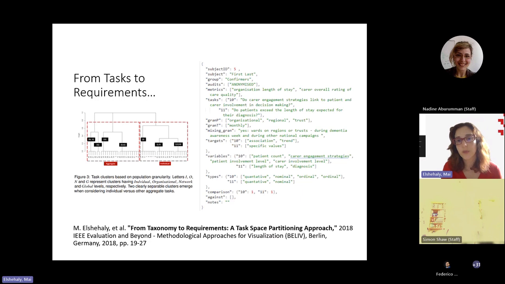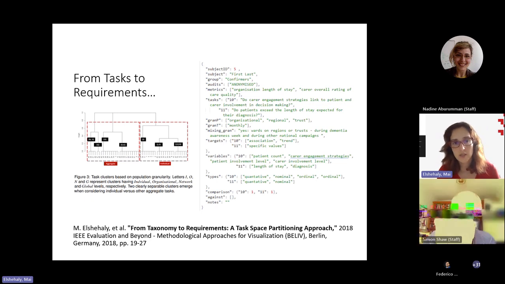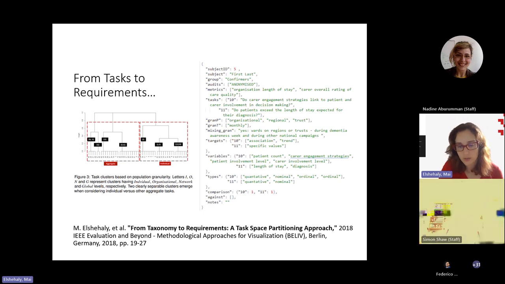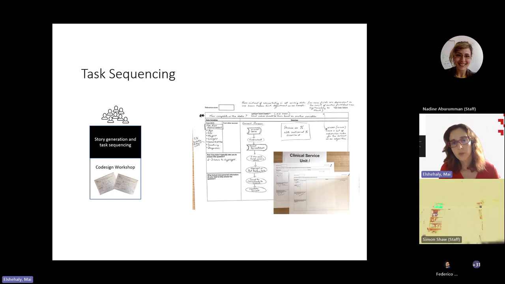So we wanted to group them in a way that allowed us to say, okay, this group of tasks can be catered to with these types of visualizations. This mapping we published in our first paper, just looking at the structure and how we can look into the visualization design alternatives. And then we took that structure back to our stakeholders.